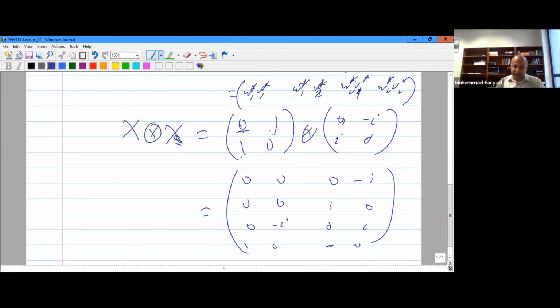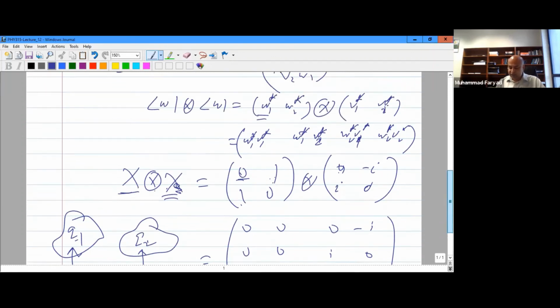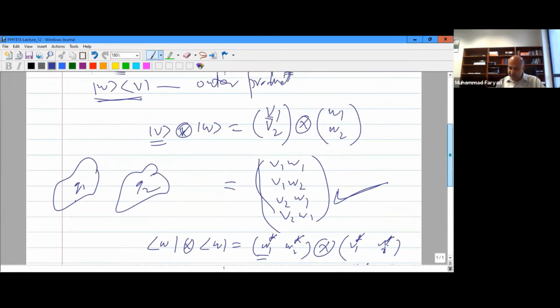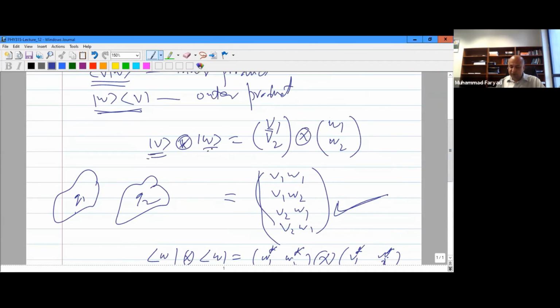And physically, we visualize it like this: if we have, let's say, a quantum system Q1, and then there is a quantum system Q2, and this X tensor Y means that I'm going to apply the X operator on the quantum system in the first Hilbert space, and the Y operator on the quantum system in the second Hilbert space. And operationally, this works out like this. When we want to apply these operators on these quantum systems, all we need to do is first prepare their quantum states, this V and W, as their tensor product like this, then we prepare